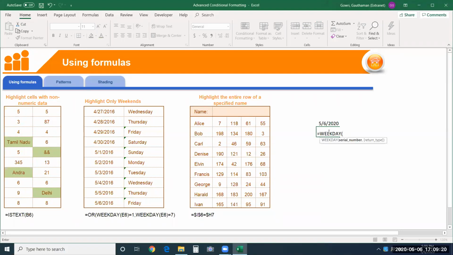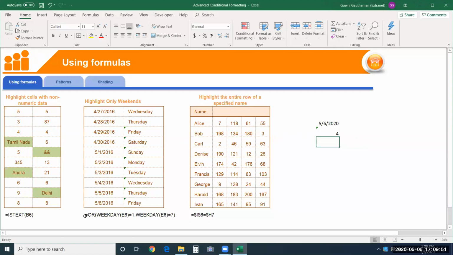WEEKDAY is a function which will return a value from 1 to 7, where 1 indicates Sunday and 7 indicates Saturday. In between, you have other numbers indicating other weekdays like Monday, Tuesday, and Wednesday. Suppose the output of the WEEKDAY function for this date was 1 or 7, then I have to highlight those cells. That's the idea we are using here.